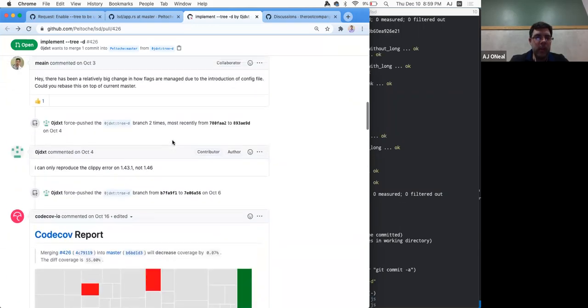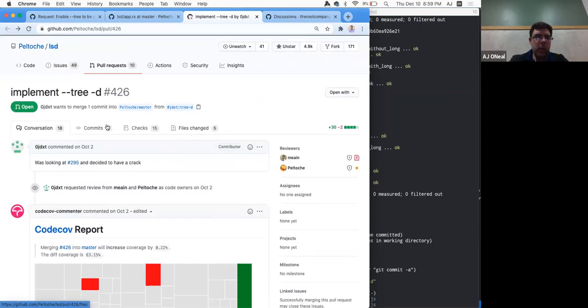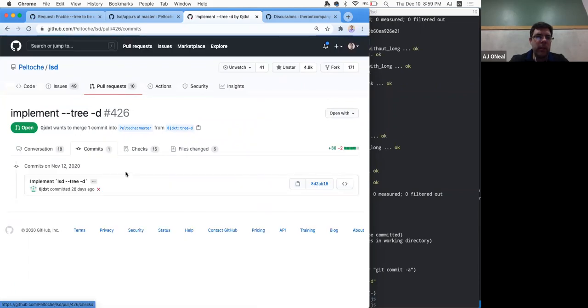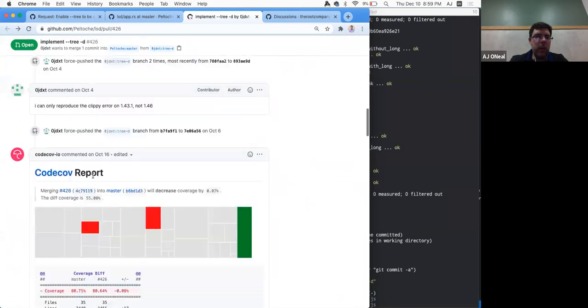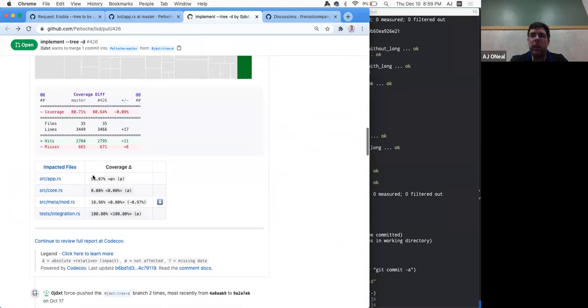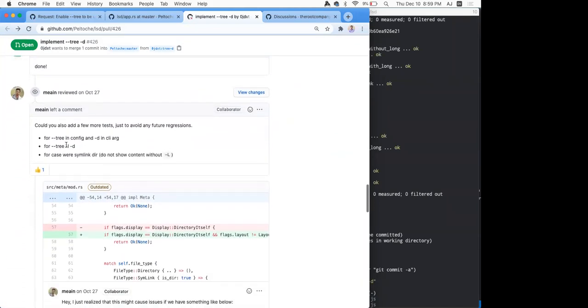Because of the rebase issue, I'm not clear. I think I want to try real quick and see if this will work. Yeah, he did all the rebase and everything, so we should just be able to pull this in. 28 days ago. Yeah, so I think we can pull this in and do exactly what you're saying, though we probably won't be able to get everything done. It will take a while. But okay, so